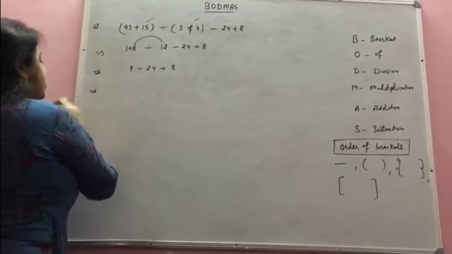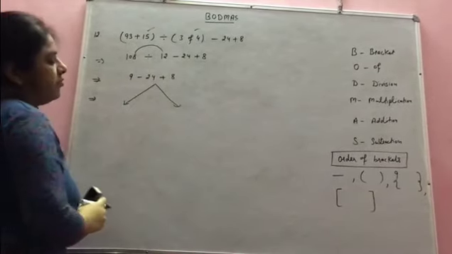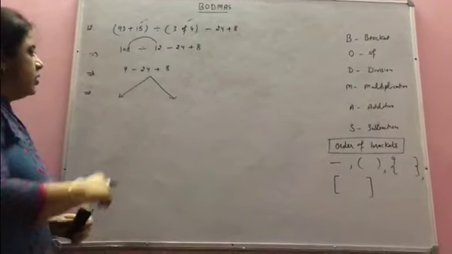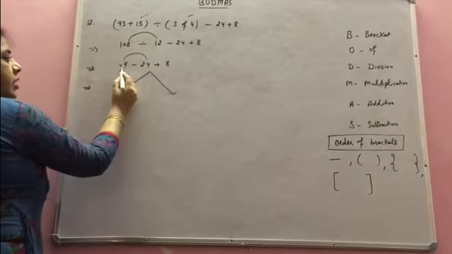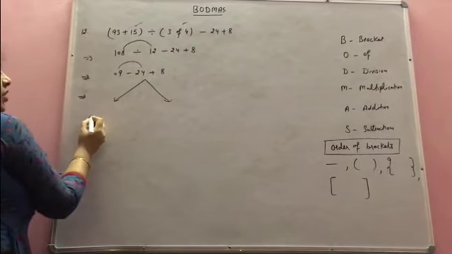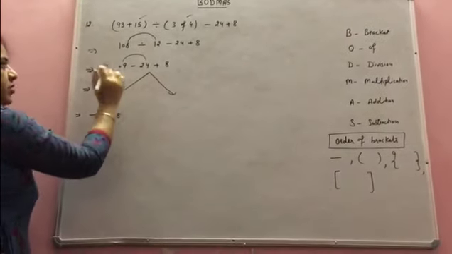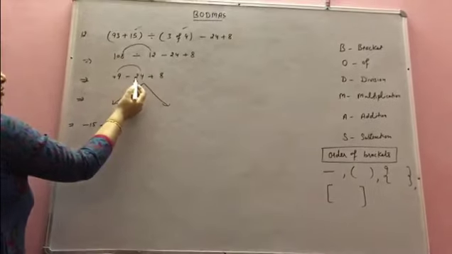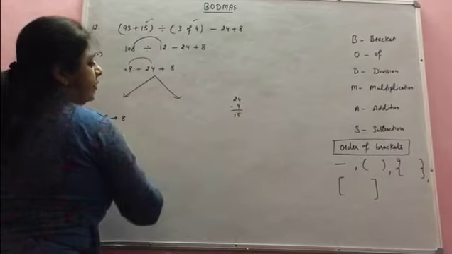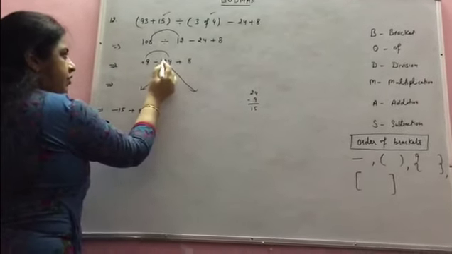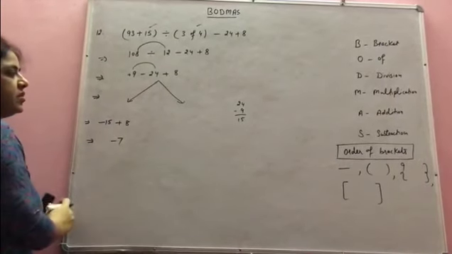Now students, this part you can do in two ways. One, that we move left to right. So left to right, take this as plus. Plus 9 minus 24 gives minus 15. Why minus 15? One positive, one negative, we do the subtraction. 24 minus 9 is 15. But the greater number is 24, so we will put minus 15. Plus 8, and the final answer is minus 7.